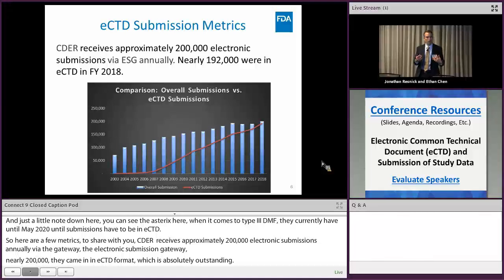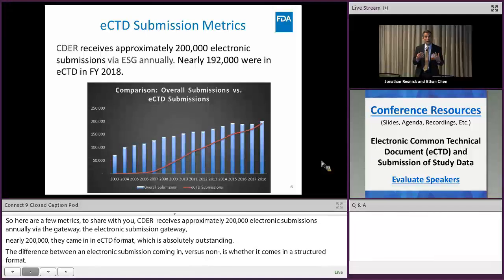So if the submission comes in a structured way, CDER is able to utilize its IT infrastructure to automatically process these submissions, to help use tools on the back end, to help the reviewers find the information that they're looking for quicker. It helps them meet the GDUFA, PDUFA, and BSUFA deadlines that they have with these user